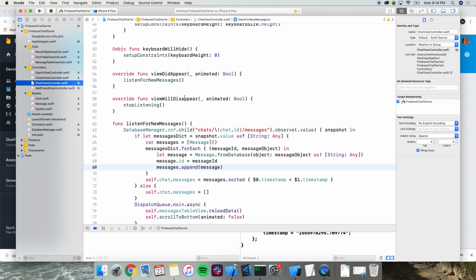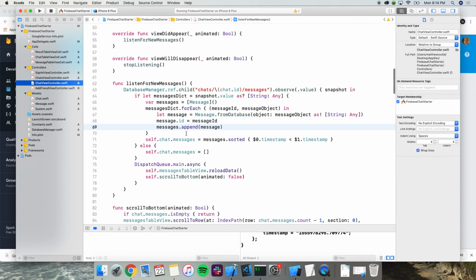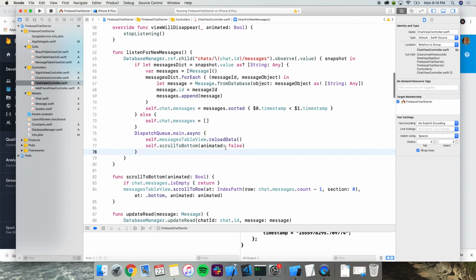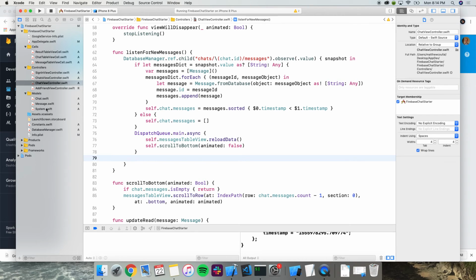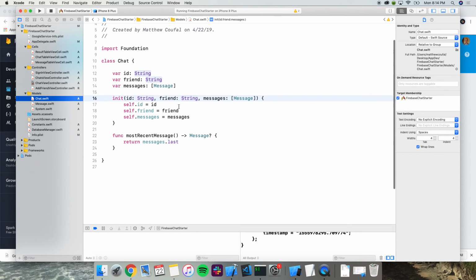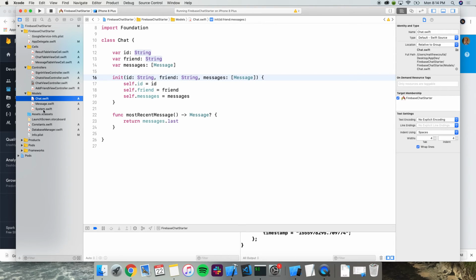the reason why nothing happened is because you'll notice we're still observing for new messages in chat view controller. But once we get those messages, we don't do anything if the user just read that message. So we want to actually do that. In our chat model, I have this function called most recent message.